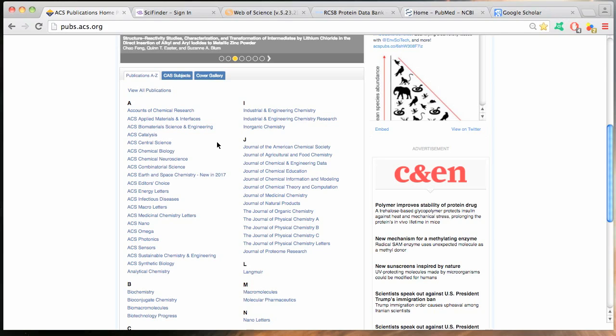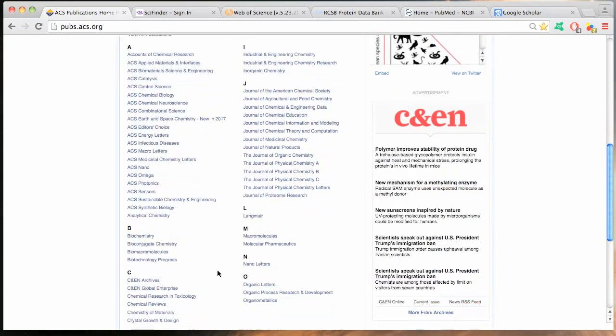regarding review papers are Accounts of Chemical Research, the first one here, and the other one is Chemical Reviews. These two journals are exclusively for review papers from different areas. And like I said, probably I told you this before, if you are new to